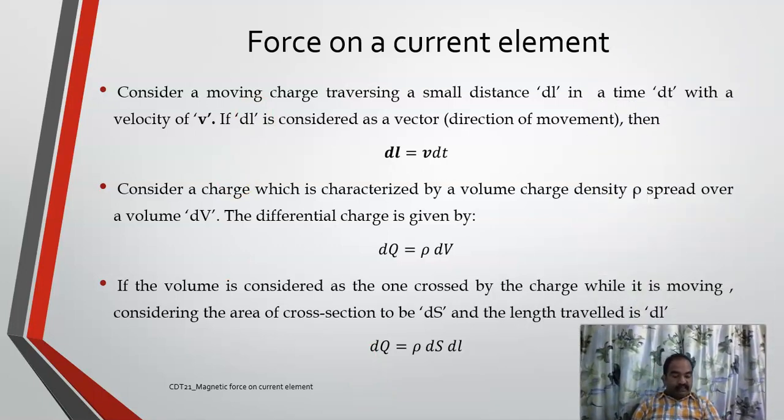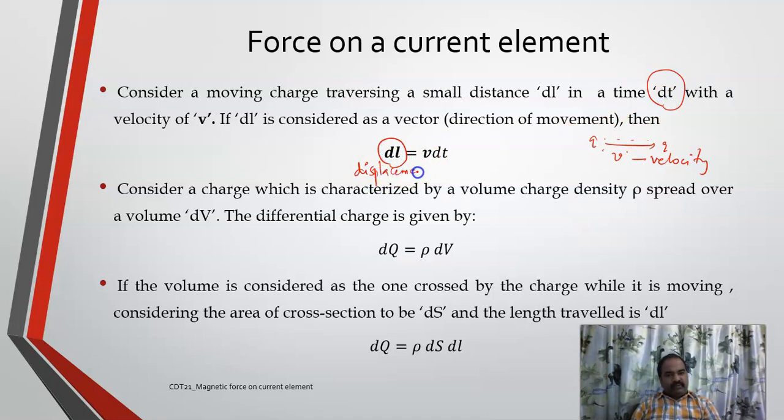Let's have a quick review of the formula. Now let us suppose there is a charge which is moving in this fashion with a velocity of v. Now the distance traveled by this charge in a time duration of dt is given by the displacement,